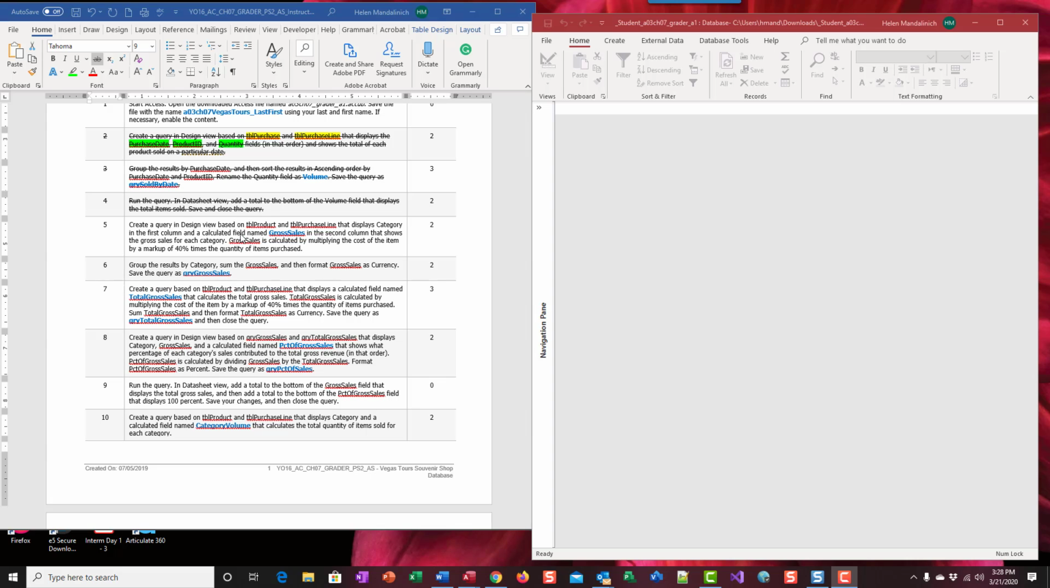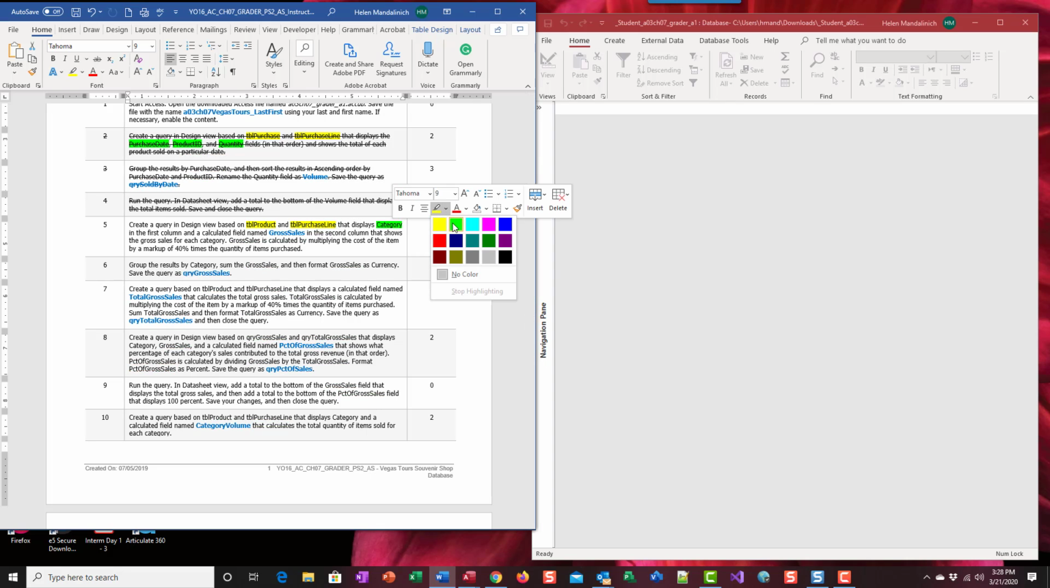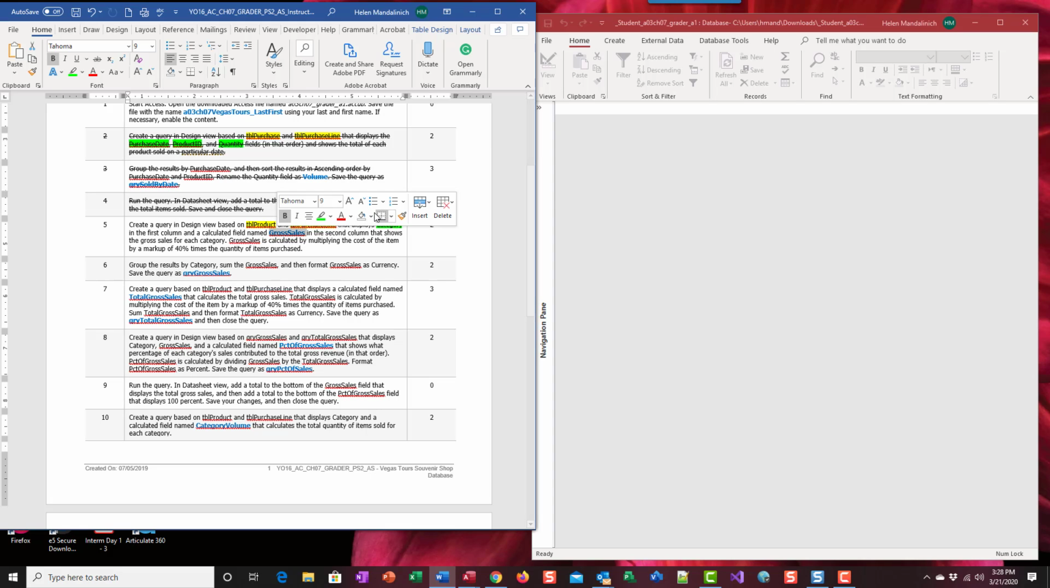So let's go ahead and analyze what we have to do by reading step number 5. Create a query in design view based on table product and table purchase line. That's going to display category in the first column and a calculated field named gross sales in the second column. And gross sales is calculated by multiplying the cost of the item by a markup of 40% times the quantity